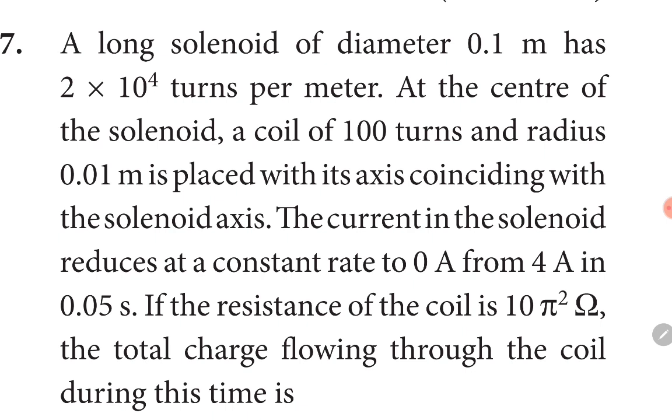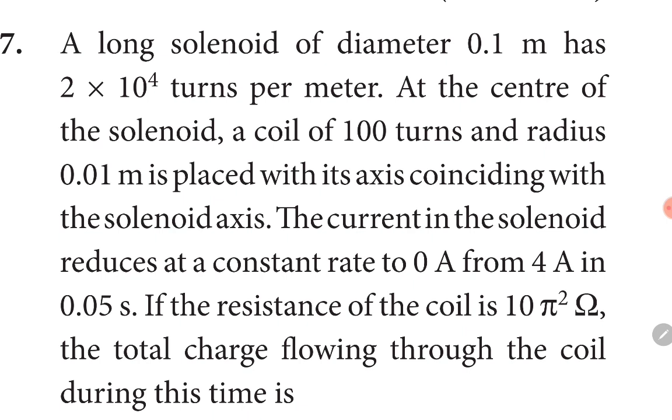to delta phi divided by R. Guys, delta phi is change in flux through the coil and R is resistance of the coil. Now guys, to calculate flux, we will use the equation flux is equal to NBA, where N is number of turns of coil, B is magnetic field produced by the solenoid, and A is area of the coil. Guys, magnetic field produced by the solenoid will also be given by the equation B is equal to mu naught Ni, where N is number of turns of solenoid per unit length.